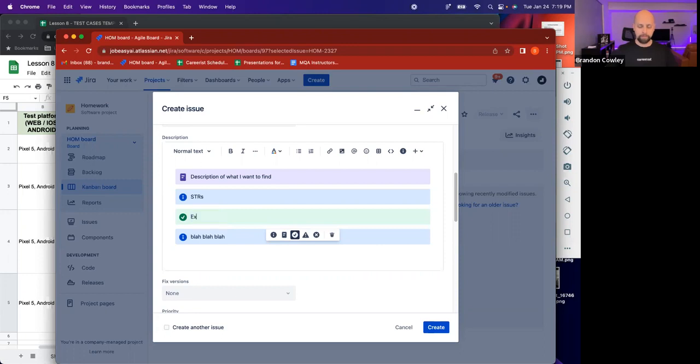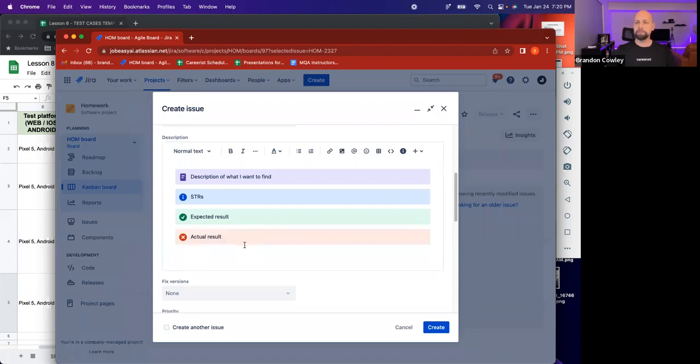Nope, that's wrong. That would be my expected result. Yay, it's green, we're happy. And then actual result, boo, go home. So that is how you are able to change those. So you just click on your info panel, make it whatever color you want. Everybody's happy.